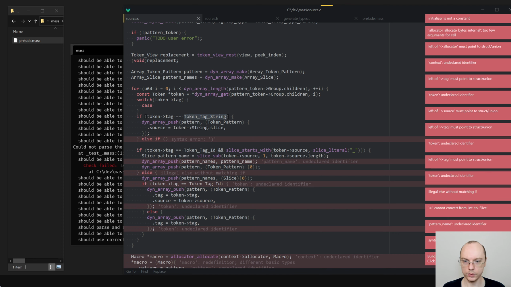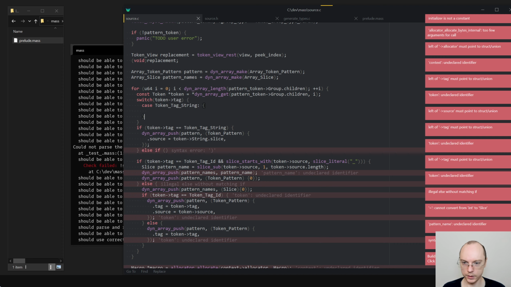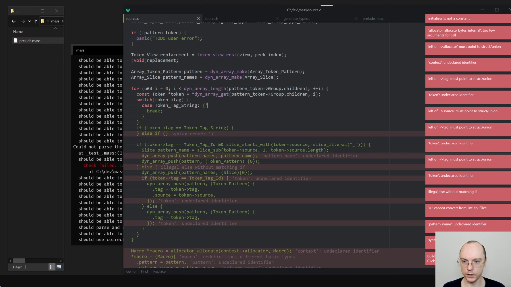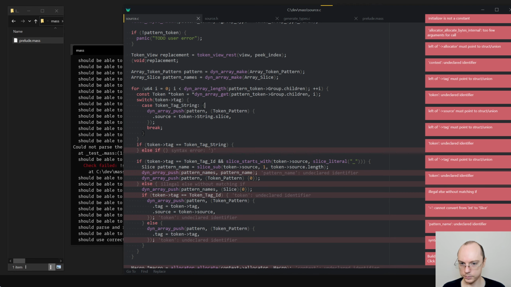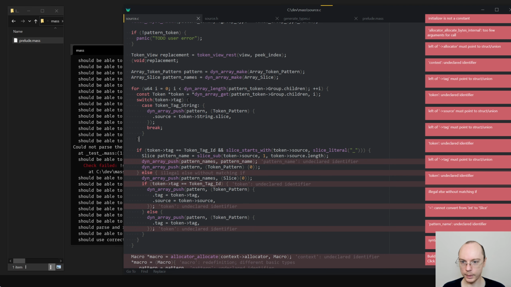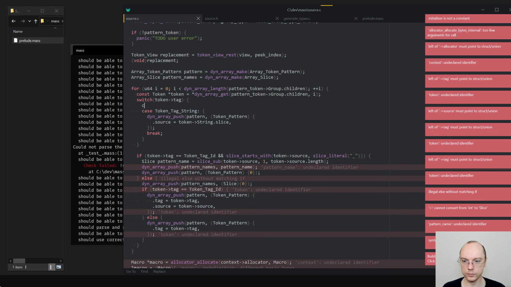Case token tag string. So this would be token tag none.